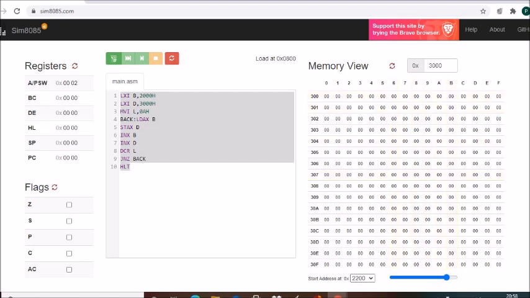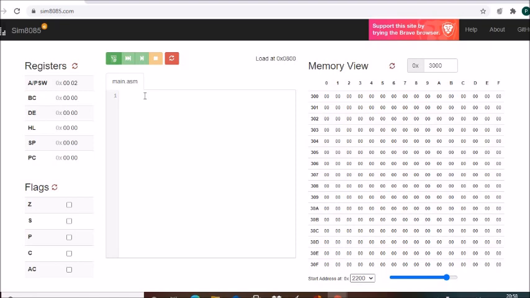Now let's refresh it. Okay, next program I will not show you step by step. I will run the program as a whole. You have to see the next one step by step. Okay, what was the next program? Inverted block transfer. That is, if I write 1 2 3 4 5, it will be 5 4 3 2 1. So write a program.